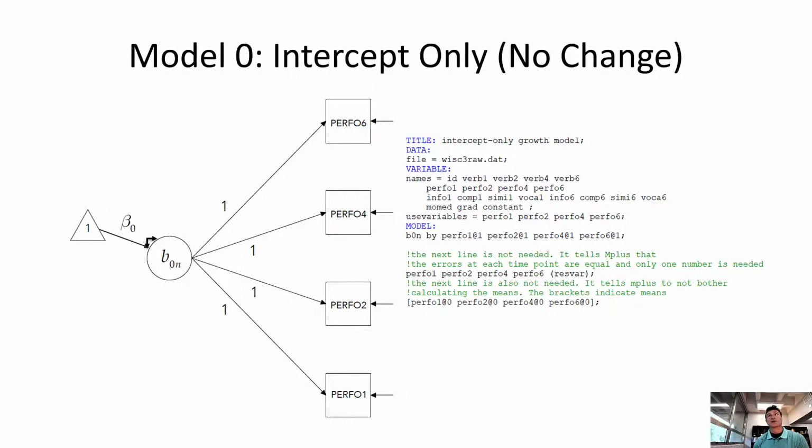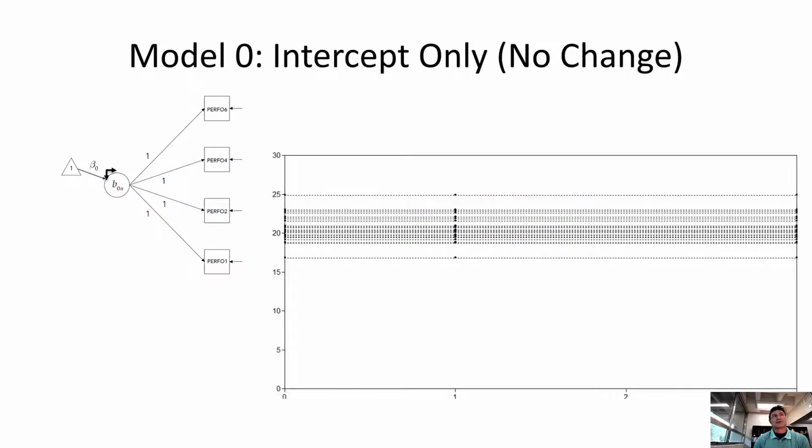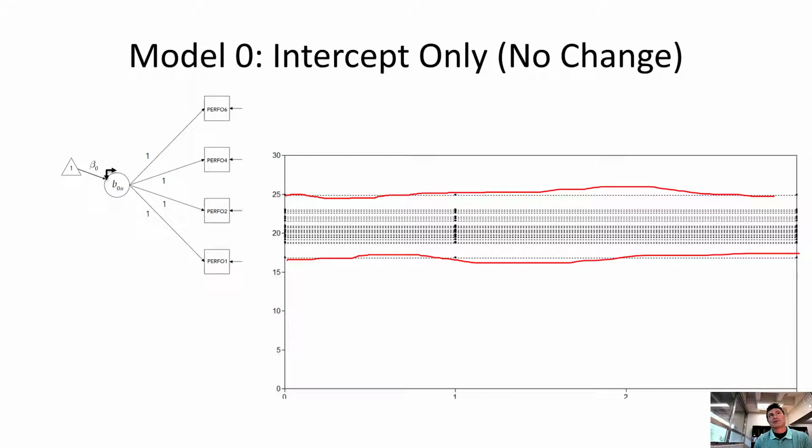It's going to be a straight line type of model. And I'll show you, this is what the results will look like. Everybody's going to get their own individual intercept, and we're going to say there's no change over time. So some people will start off lower, some people will start off in the middle, and some people will start off higher, but they're not changing over time. We're forcing this model onto the people.